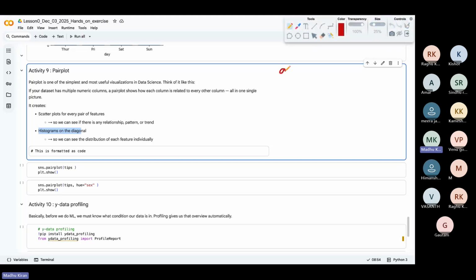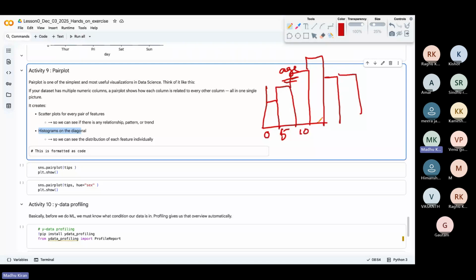If you have an age column and you're creating a histogram for only the age column, like 0 to 1 year, maybe you can change the interval to 0 to 5, 0 to 10. So you can create bars like this for one particular numerical column. When you create a histogram, depending on this interval, like 10 to 15, 15 to 20, you can see how many people in the group have an age between 10 to 15. The count will be on the y-axis.